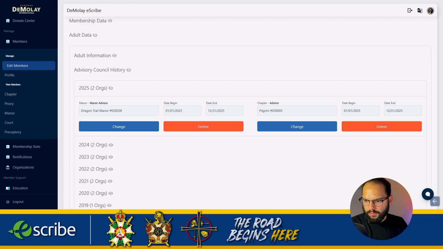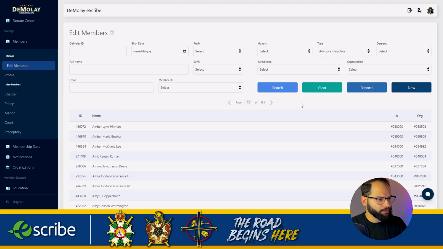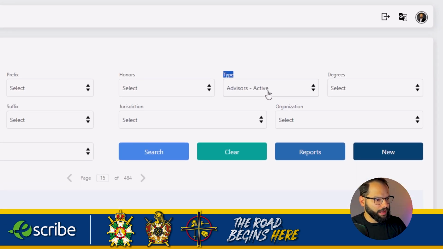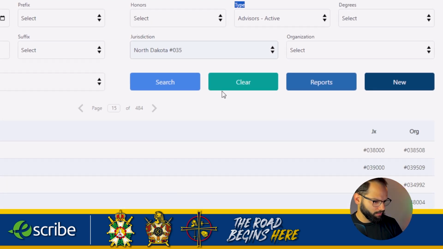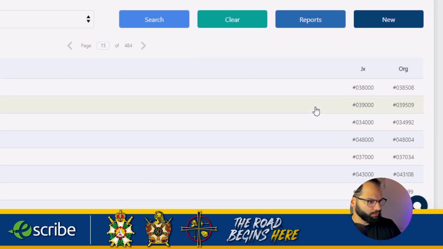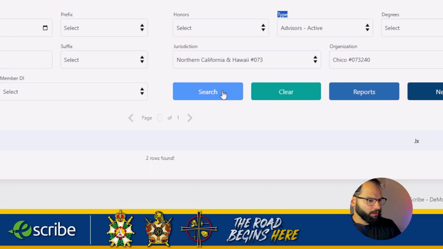Gail, can you get a roster of advisors from one chapter? Yes, Gail. So the way you do that, you use the filter to do that. So in here, I can do on type. I can choose the advisors active. And then I can choose NorCal. And then in the organization, you can choose everybody or you can choose one chapter. And then when you hit search, it should show